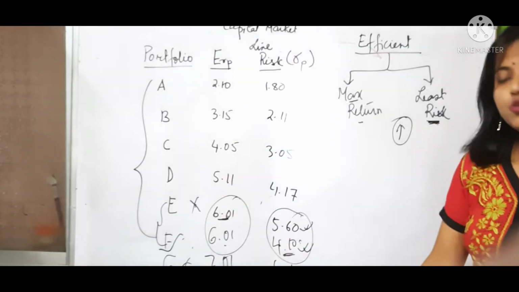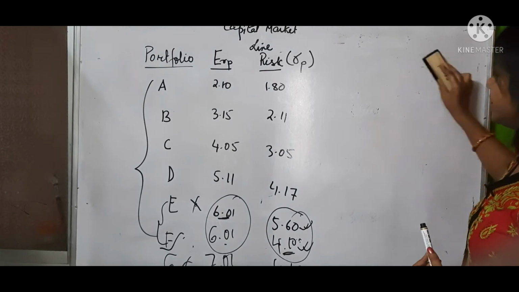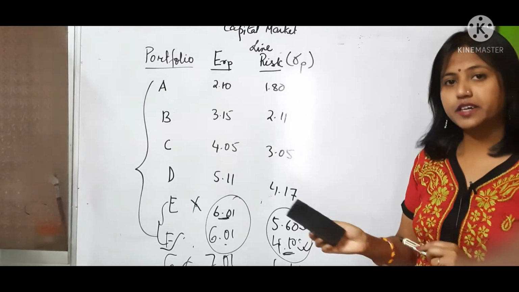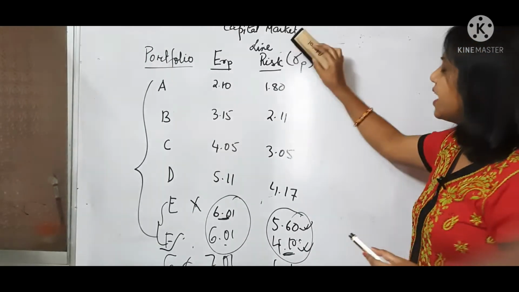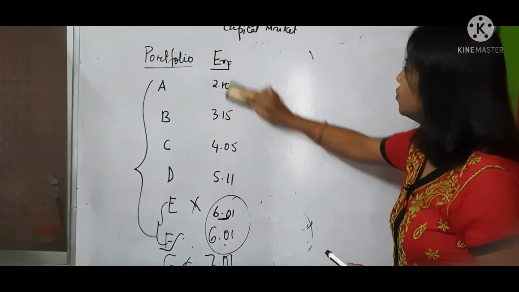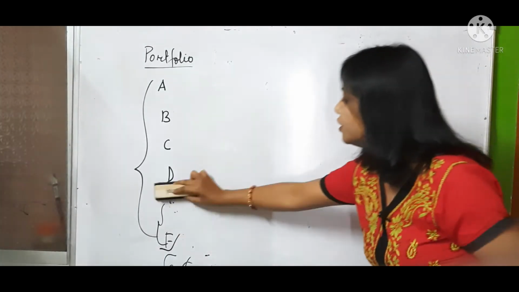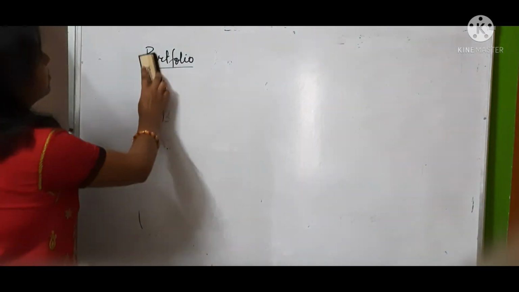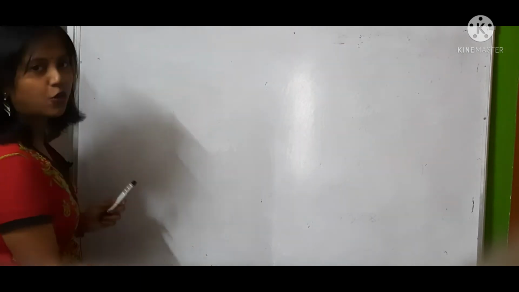Now I have to take you to the concept of efficient frontier. If you are an investor and you are given these portfolios and you want the portfolio which gives you the maximum return with the least risk, and I plot it graphically, because a frontier of course can be represented graphically, let us see how it looks.